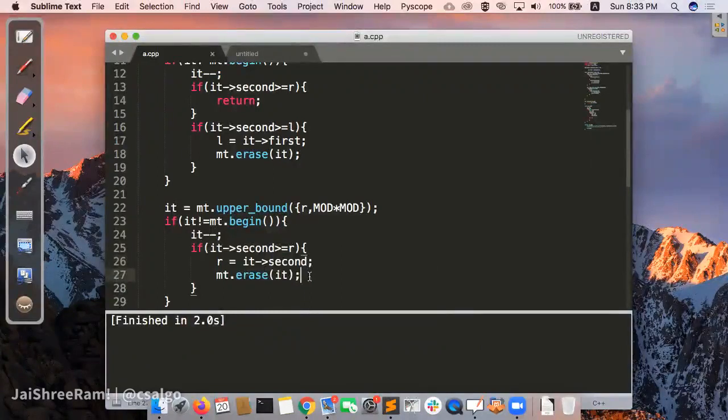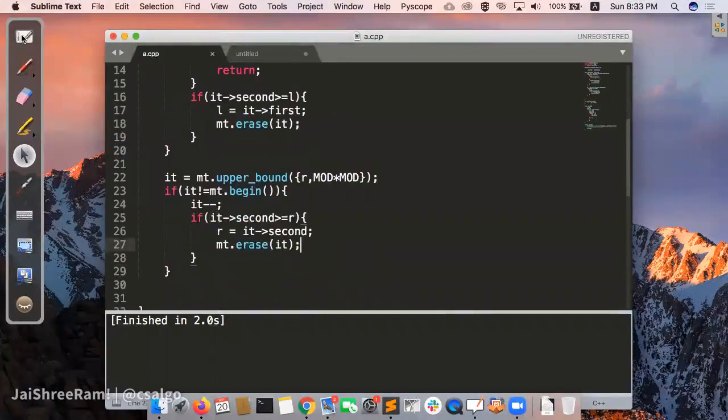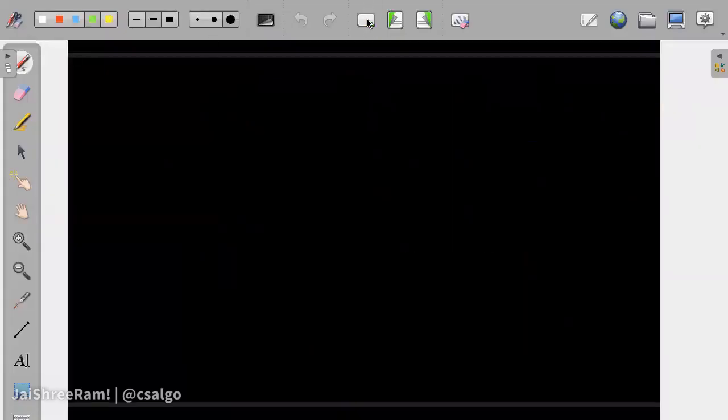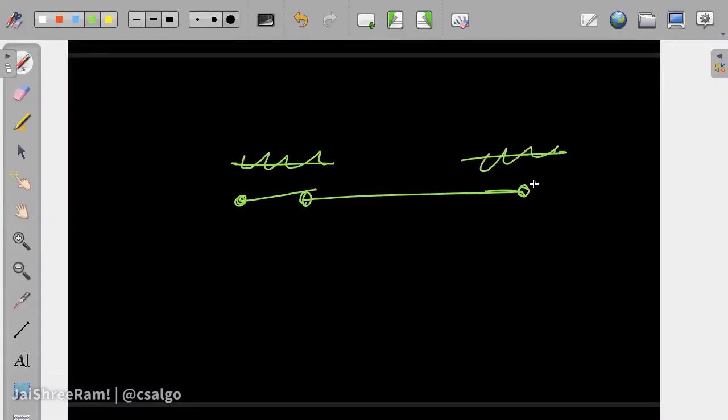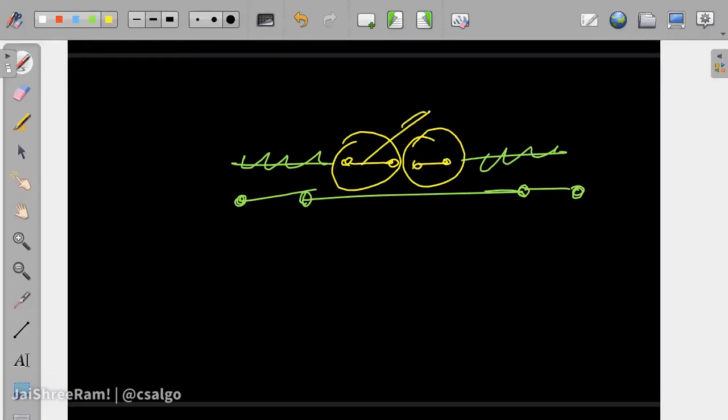Make sense up to this? So what we have done till now is, if we had to insert this range, we deleted this and extended it up to this. We deleted this and extended it up to this, right? But there can still be more segments in between, which are completely inside this new range. When we insert this one, these will be repetitive, and these will be problems, because then lower bounds and upper bounds will give us wrong values. So we need to remove them as well.